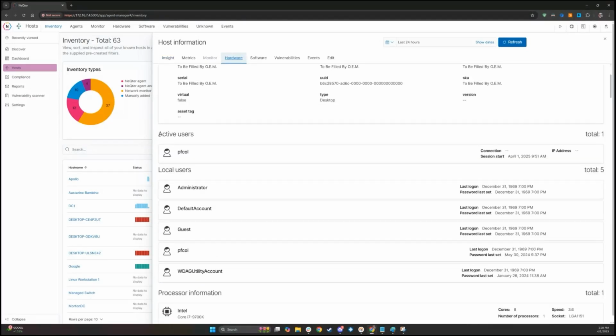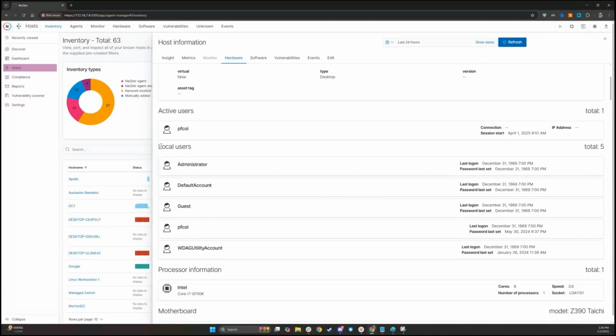So I can see active users. That's going to be the user I'm using right now, and I can see the session start of this. It's also going to list out all local users that are present on this host, and we can see there are certain ones that are just baked in by default, like default administrator, default account guest, this utility account, and I can see the last logins for these accounts